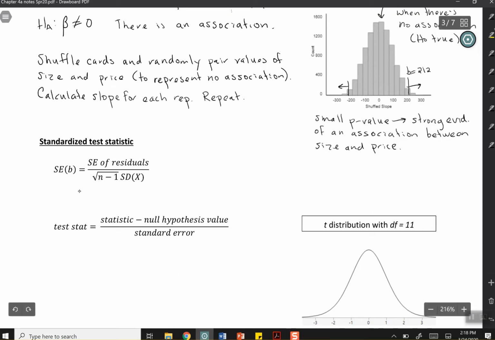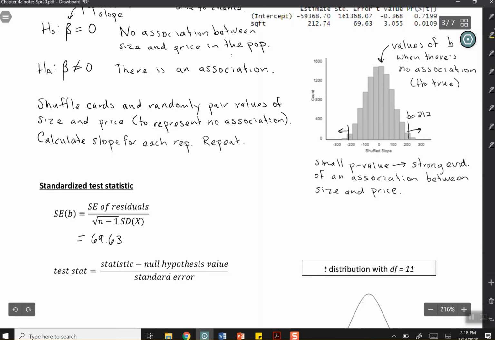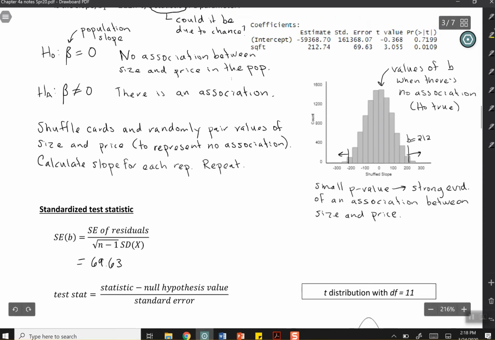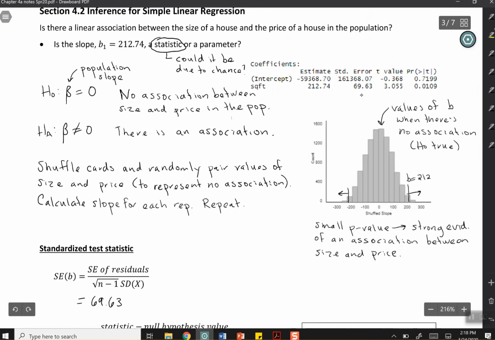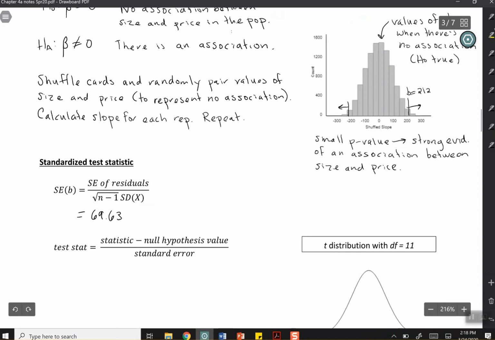If you were to plug into this formula, I'm not going to have you actually do it because it's pretty gross, you would get 69.63. And notice that this is the number that's given up here, the standard error for the slope. The way you can think about what this number is describing is that this gives you the sample to sample